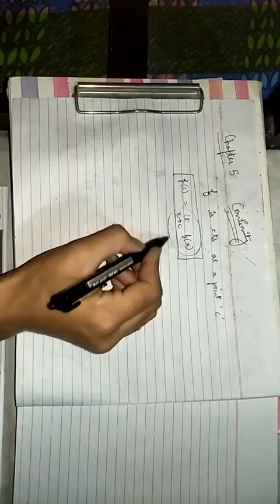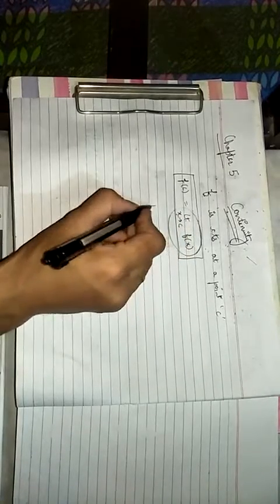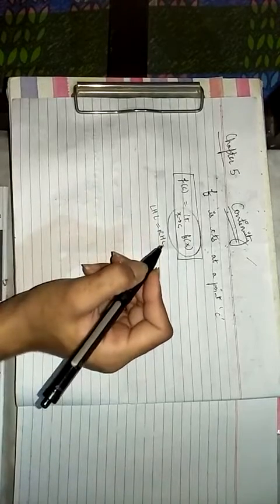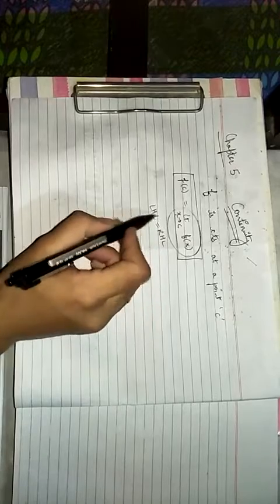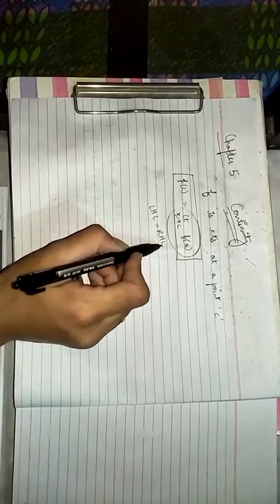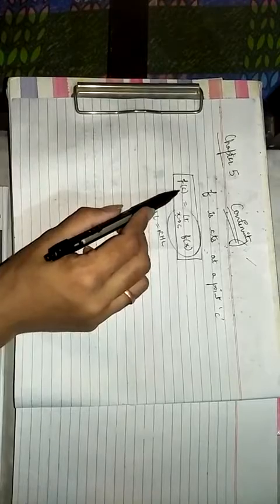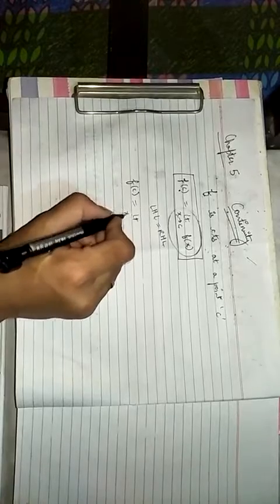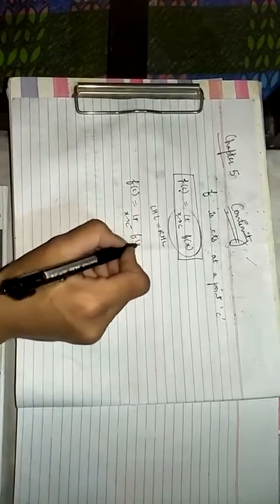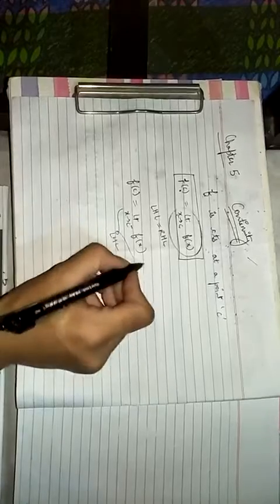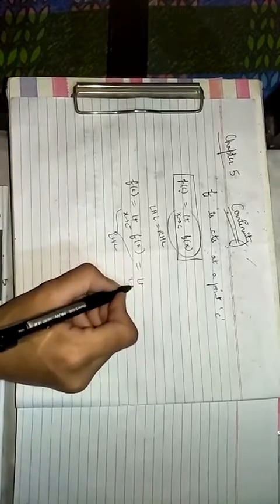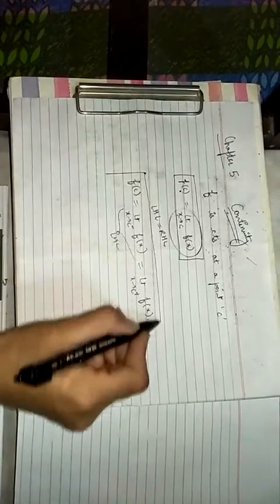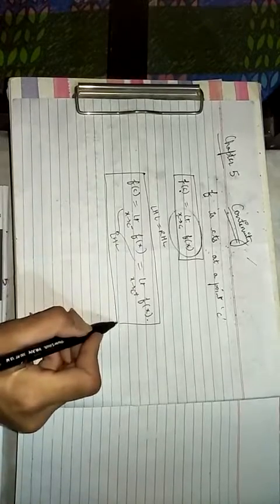Limit value. This means that left hand limit is equal to right hand limit, because we know that the limit of a function exists only when the left hand limit is equal to the right hand limit. So we can elaborate our definition accordingly, that is f of C must be equal to limit x tending to C negative f of x, which means left hand limit. This is equal to limit x tending to C plus f of x. So this is our main concept in this chapter.